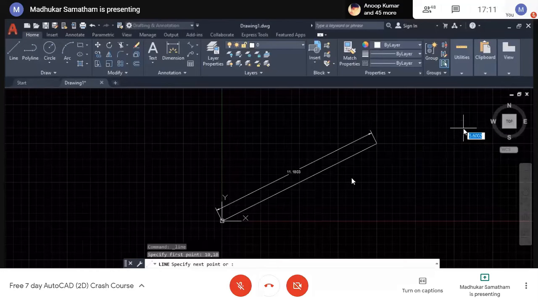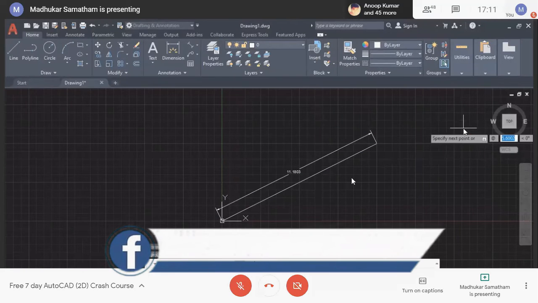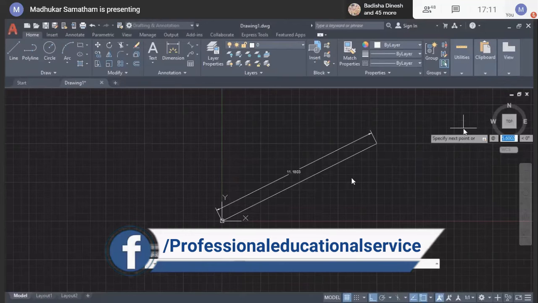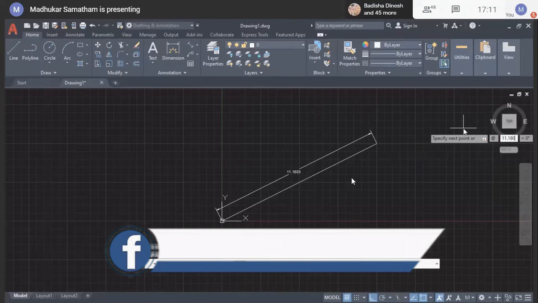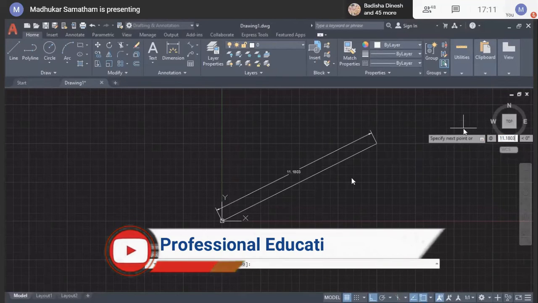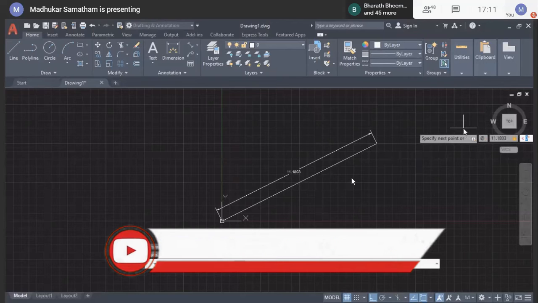At the rate, what is the magnitude? 11.1803, less than. Consider it as a 45 degree angle and specify.